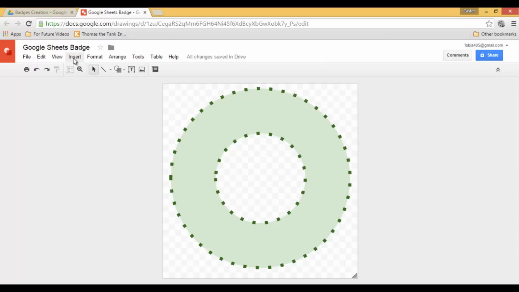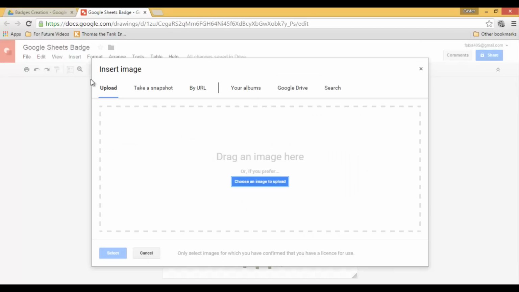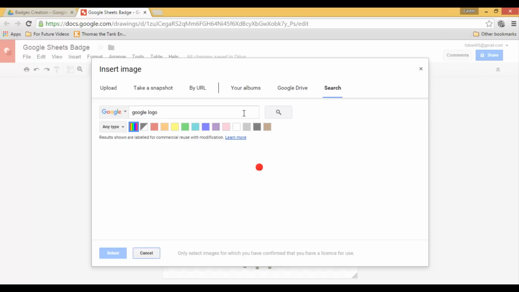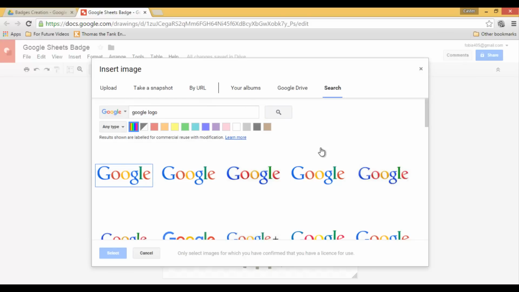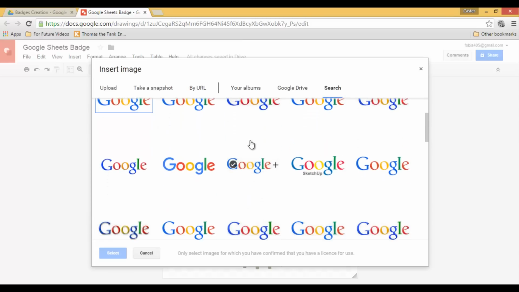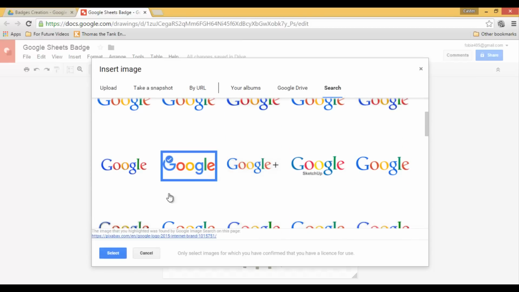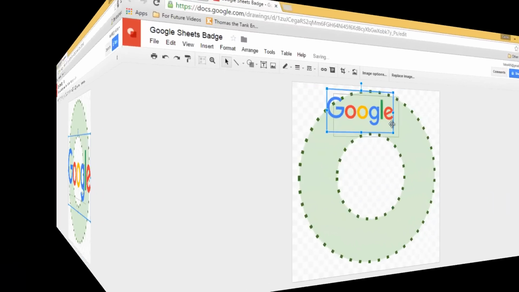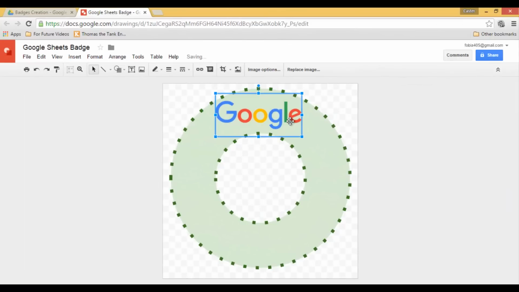And I'm going to insert the Google logo. Now in order to do this, I go to Insert, Image. And what I meant by saying everything is within the Google Apps, I can go to Search and type in Google logo. Now I also want to make sure that I am using the new Google logo, so let's scroll down. Here it is. I will select this image, resize it,